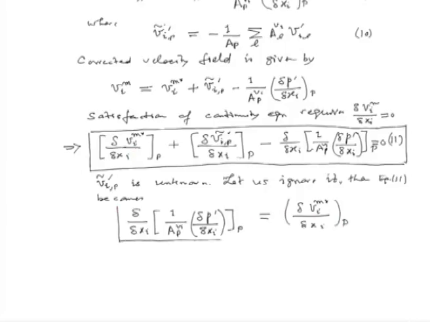So, this is the Poisson equation for pressure correction,